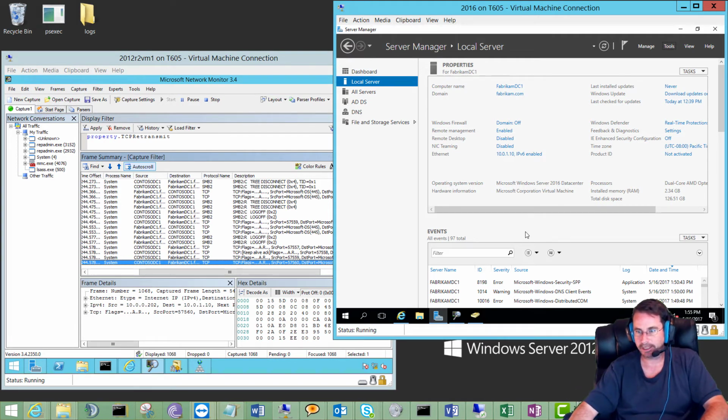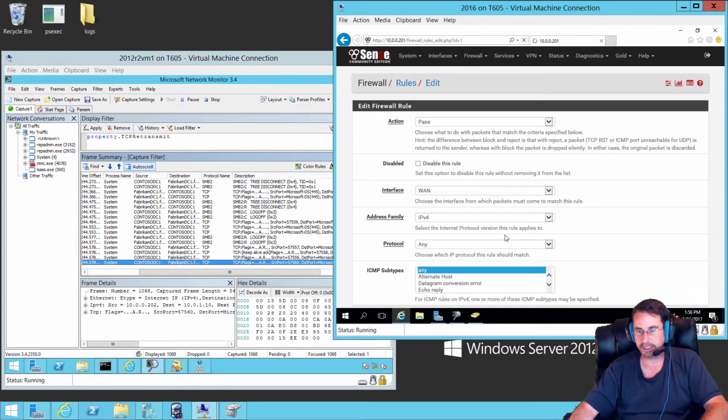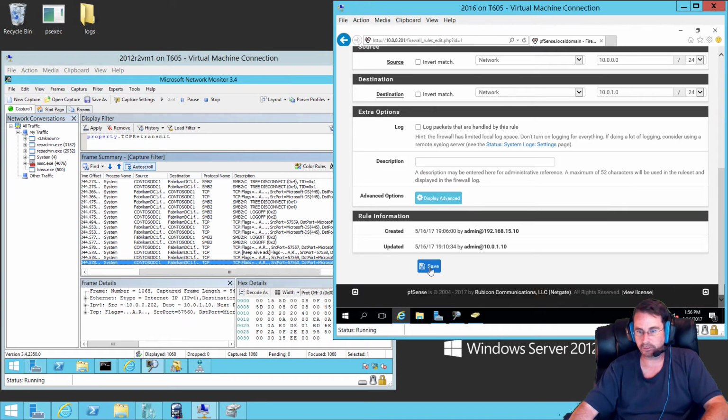It didn't want to shut down properly, and so now that it's back up, it's got a little more juice on it. All right, so what we're going to do is take the firewall rule here, which is allow anything from the 10.0.0 network to the 10.0.1.0 network, and we're going to constrain that a bit. So I'm going to get in here and remove this rule, and I'm going to put some replacement rules in. And actually, before we put the replacement rule in, we'll go ahead and